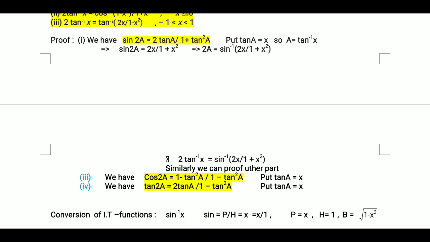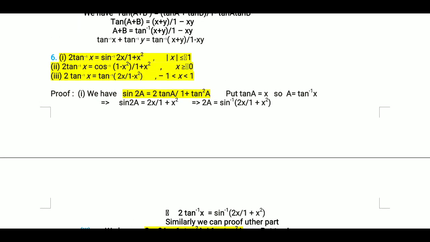Put tan a is equal to x, and again in the similar way we can prove the formula of the third one. Here some misprint is here: these are not third and fourth, these are second and third. So see above, and these are the results, these are the properties which are yellow colored,